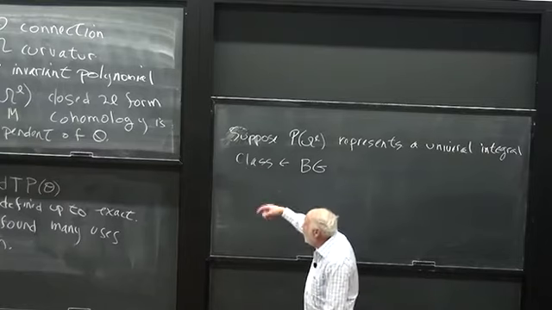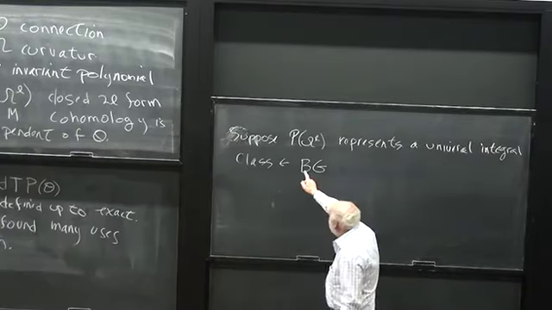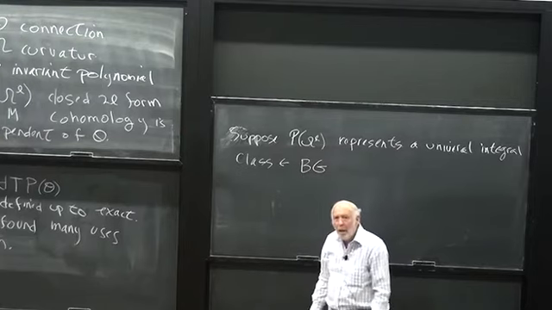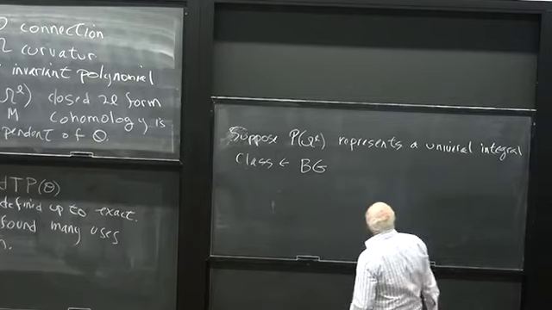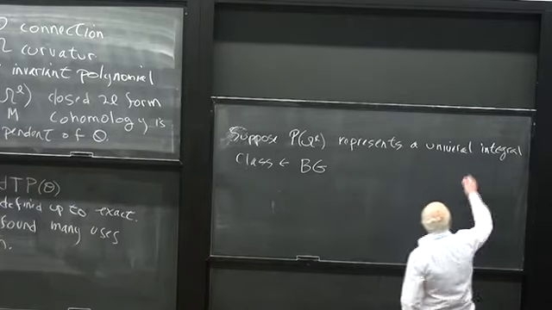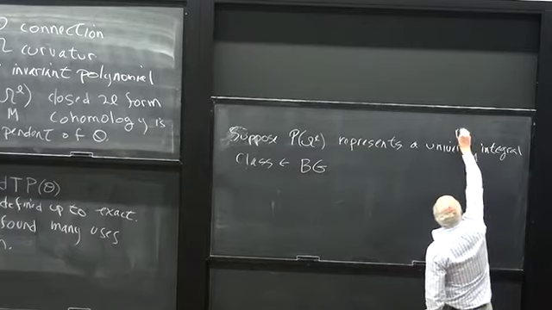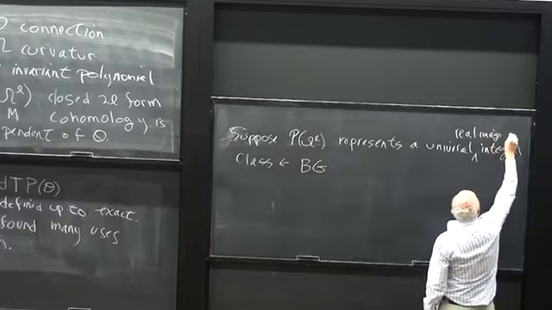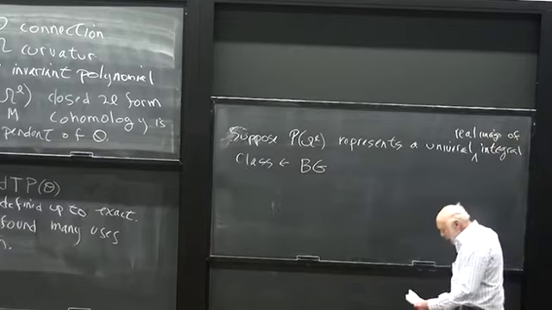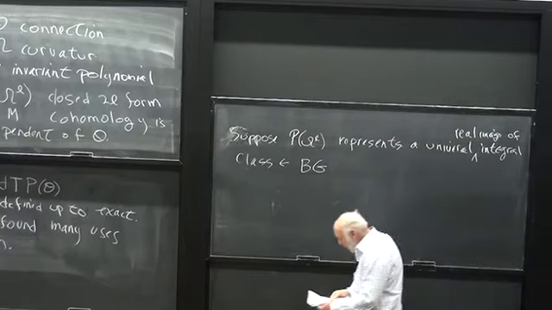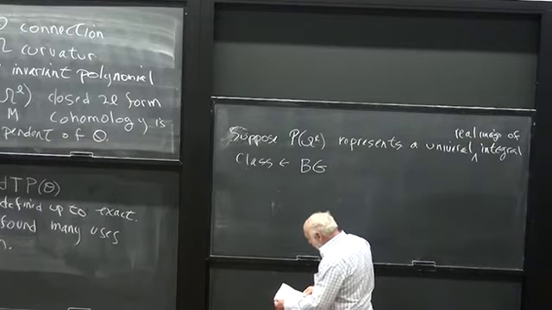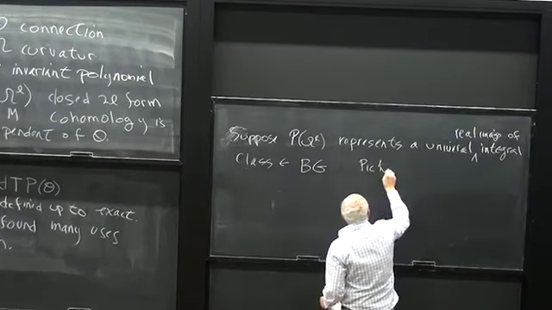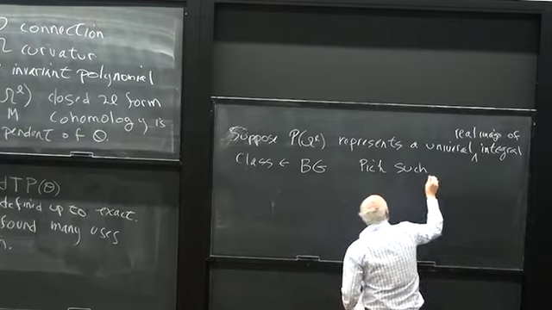So you can always do this, and you can do it back in the classifying space, with the connection on the bundle, and you'd get, I'm assuming, an integral class. That's right. I mean the real image of an integral class. Universal real image. So you copy there. Real image of an integral class. So then if I pick such an integral class,